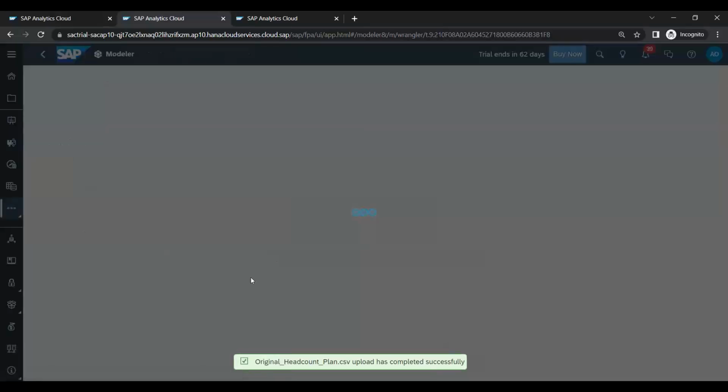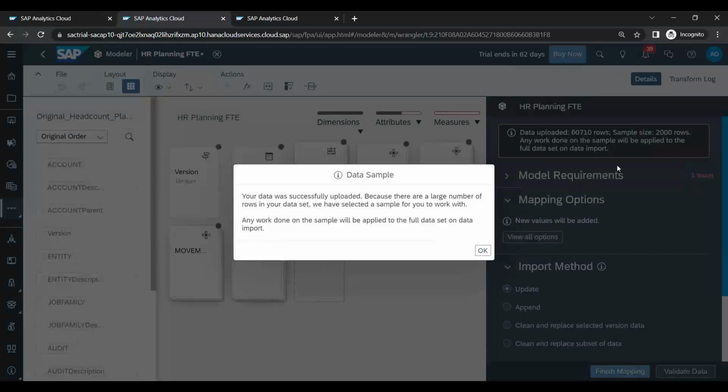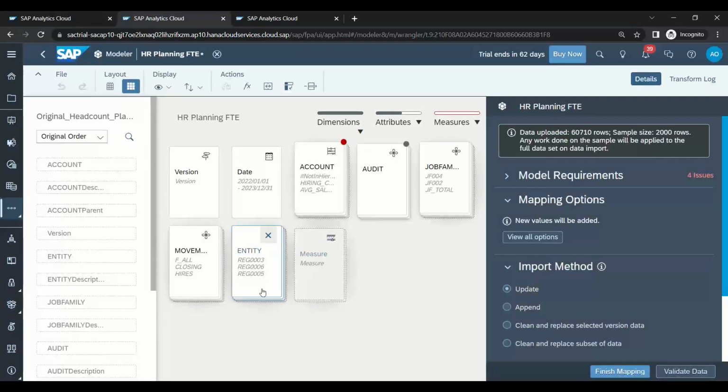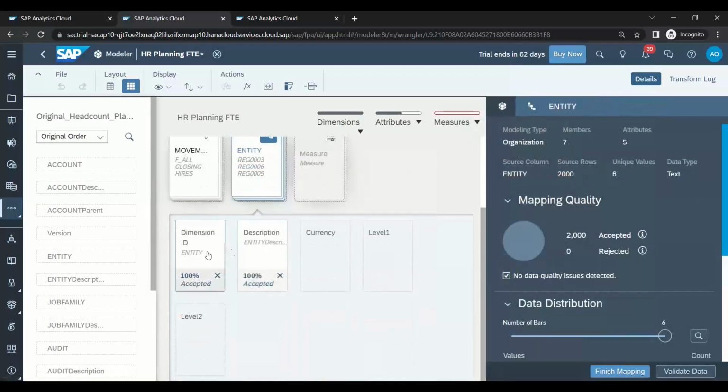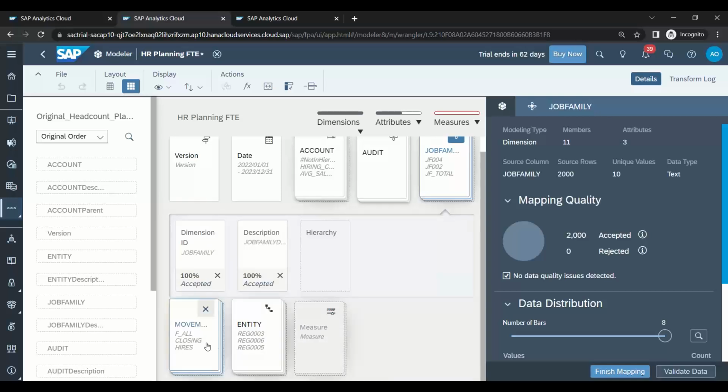I go inside, and now we will provide all the mappings. So let's cross check. Most of the things it mapped automatically. You see entity, movement, job family,